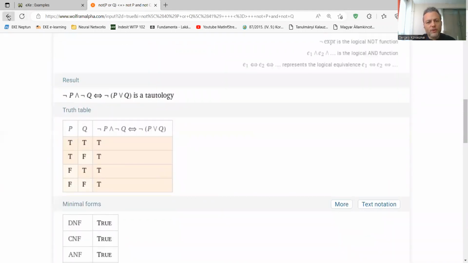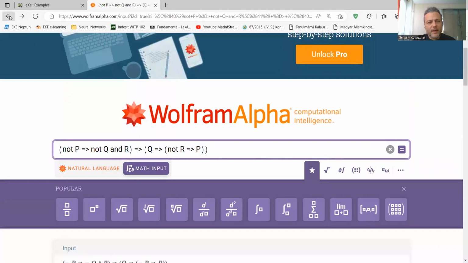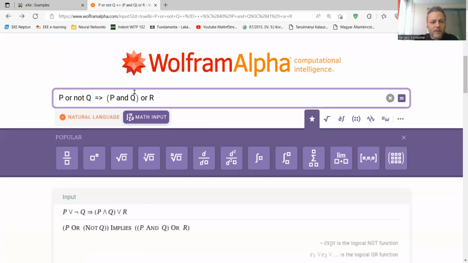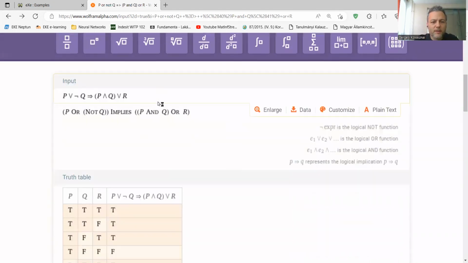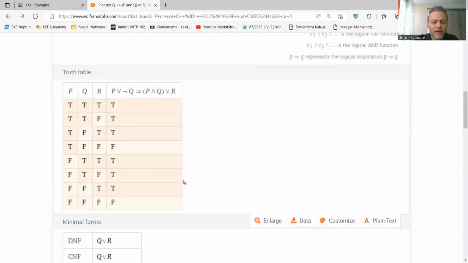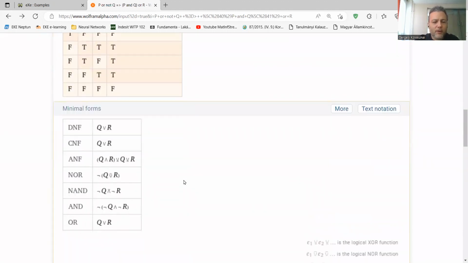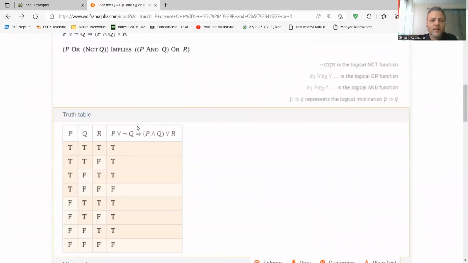I want to show you something else at the end of this video. If you remember, we just generated the truth table, for instance, to this formula here. This is what it looked like. And if we keep scrolling down, we get other information like what are the minimal forms? Minimal forms, yeah.